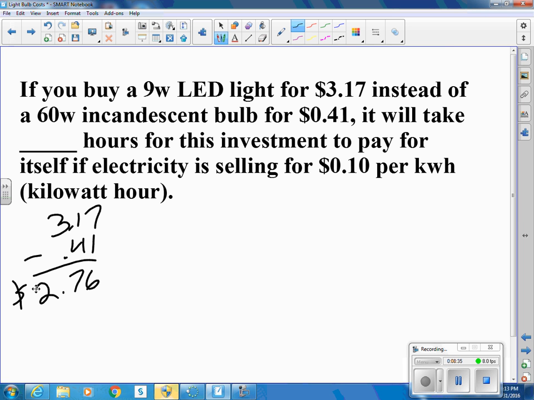And so we need to find out how many hours it would take to make up that cost difference. So let's see, the watt difference would be 60 minus 9, so the watt difference is 51 watts. So if I'm burning a difference of 51 watts, and I multiply that by